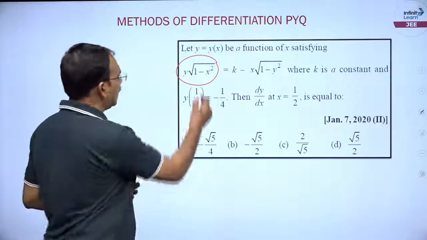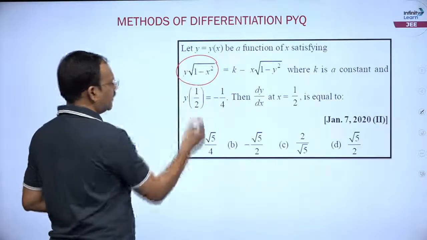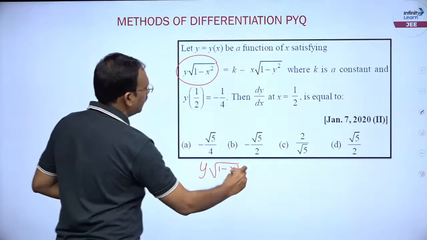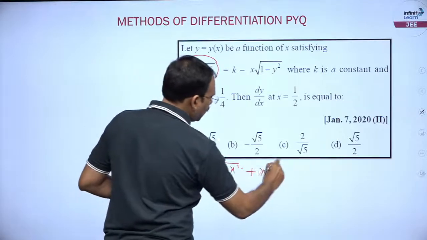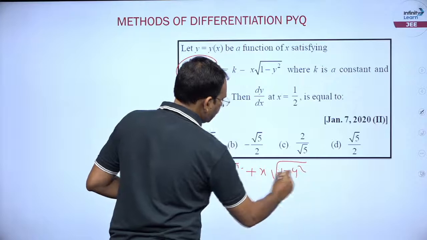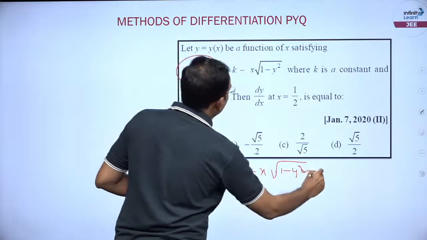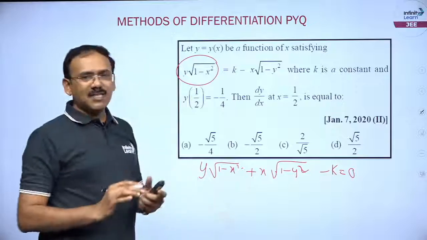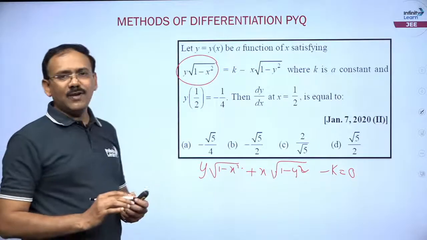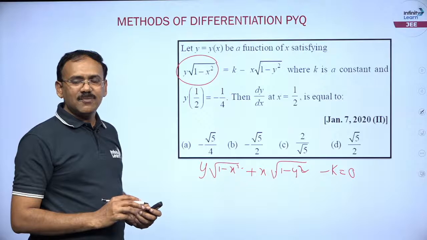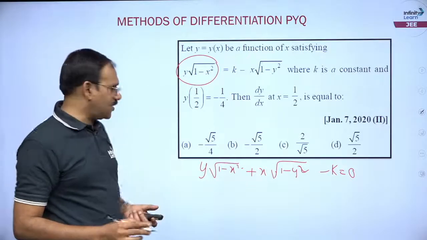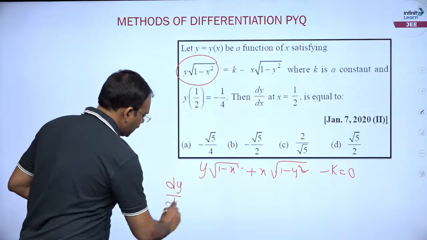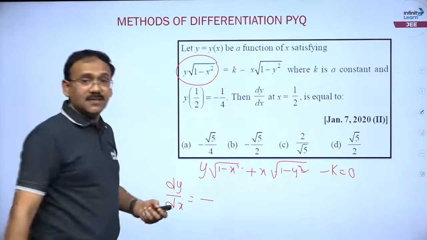You can write this function like y into root of 1 minus x square plus x into root of 1 minus y square minus k equal to 0. You see, x and y are mixed together. So, which method can we go with? It is implicit differentiation. You just go with dy by dx is equal to minus,